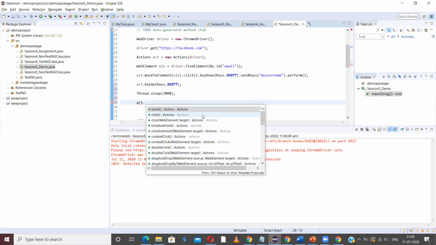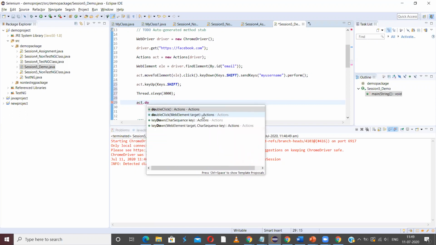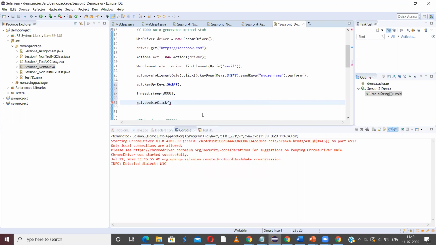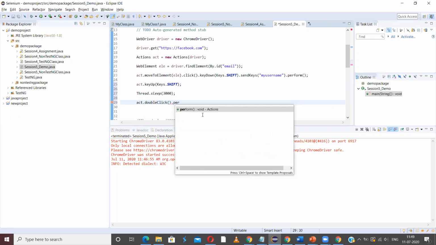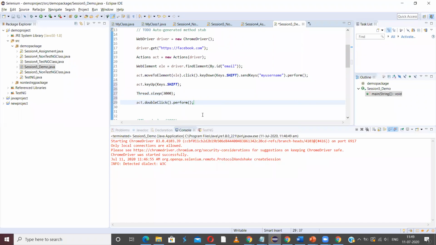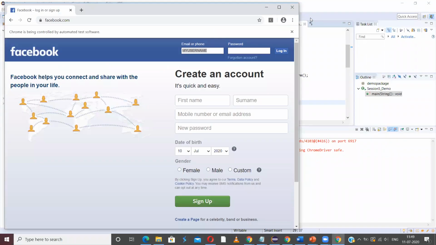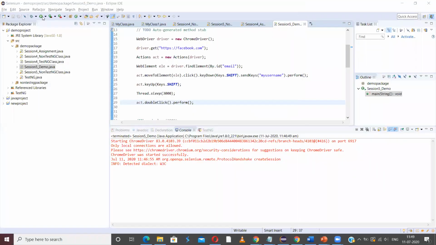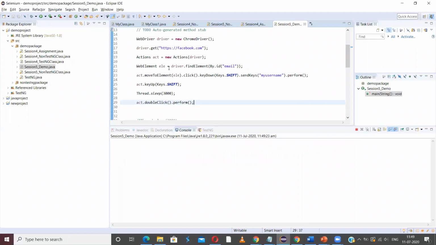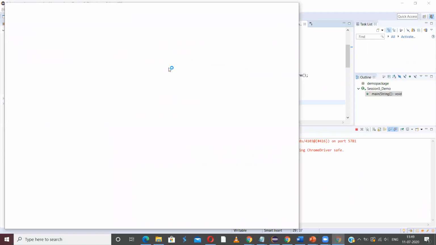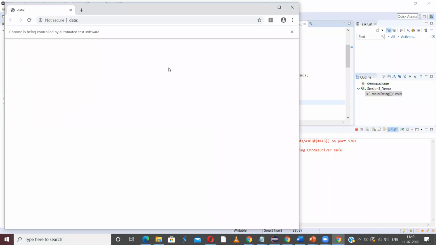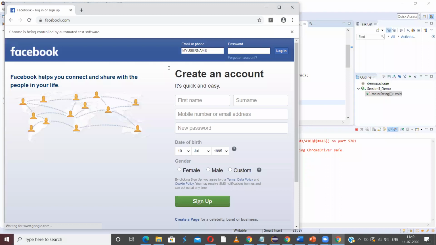So act.doubleClick, okay, .perform, okay. So let us run this one once again. We'll close this window. Okay, it is waiting for 3 seconds. Now it double clicked so that it has been highlighted.